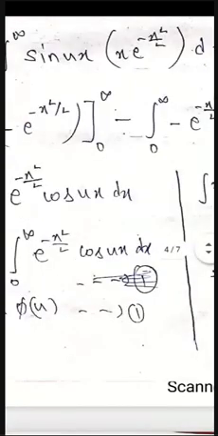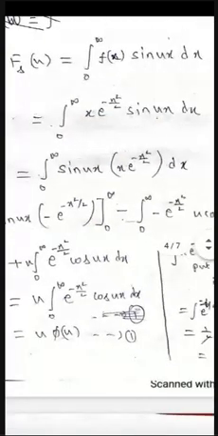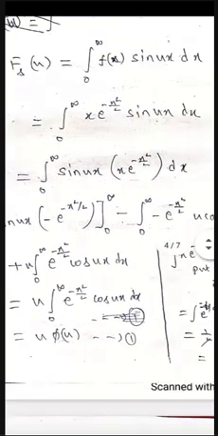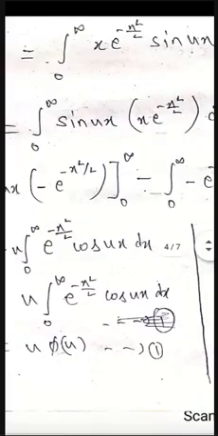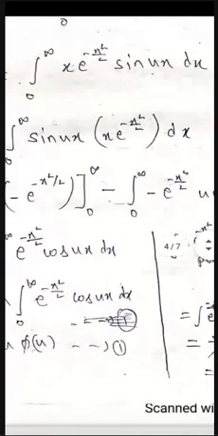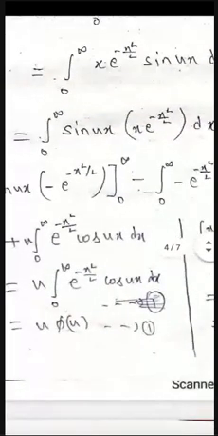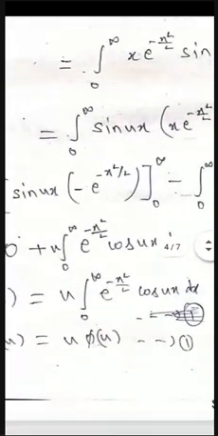So I'll write that. This is the work you have to do. First function as it is, integration of second function, that is what we got: integration of x e power minus x square by 2 is minus e power minus x square by 2. I'm applying the by parts method, right? First function as it is, integration of second function, minus integration sign, and whatever you got after the integration of second function, that is e power minus x square by 2, you just copy and paste here. You just put the integration sign and copy and paste this after the integration of the second term.